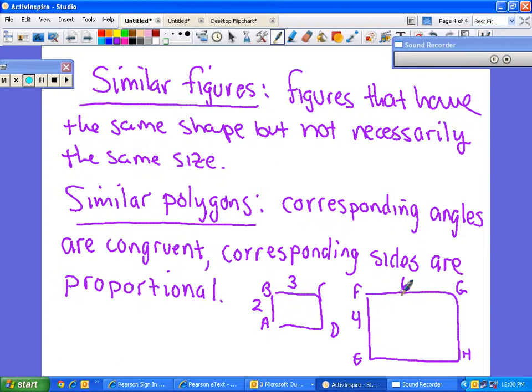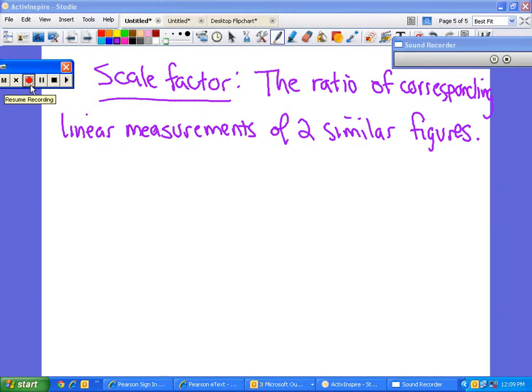Okay? All right, I do have one more vocabulary term. Okay, so scale factor is the ratio of the corresponding measurements of two similar figures. So for example, if I have two triangles,